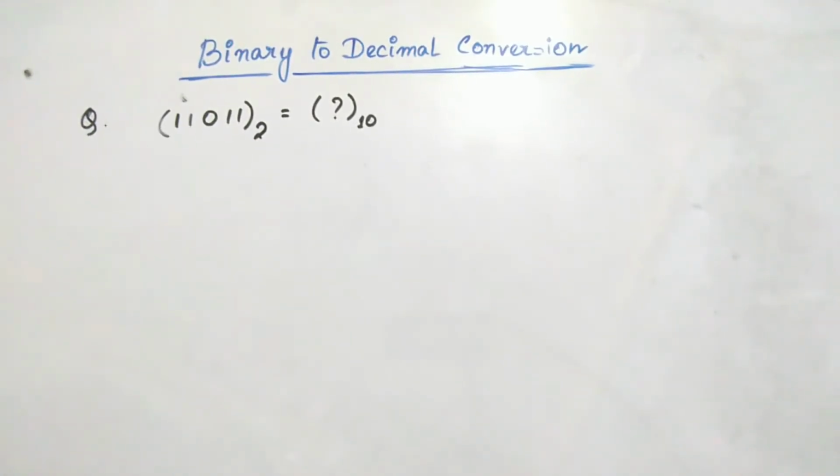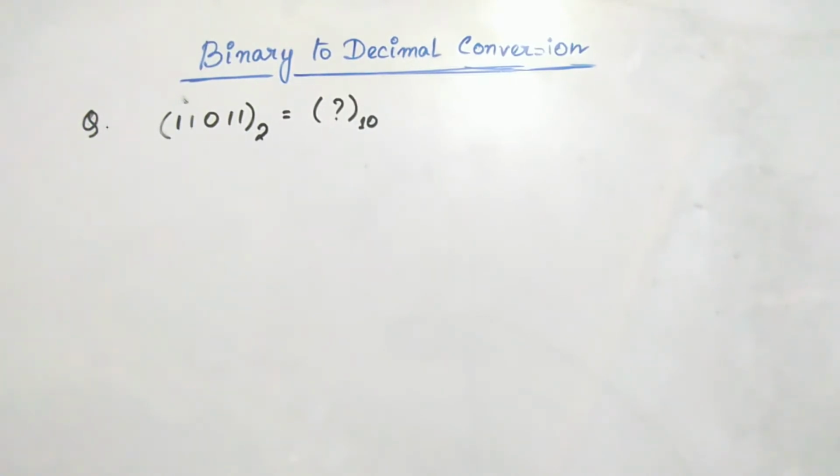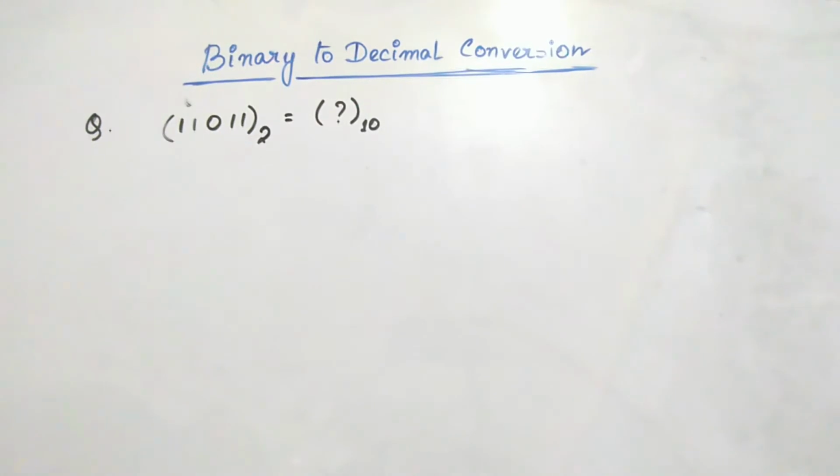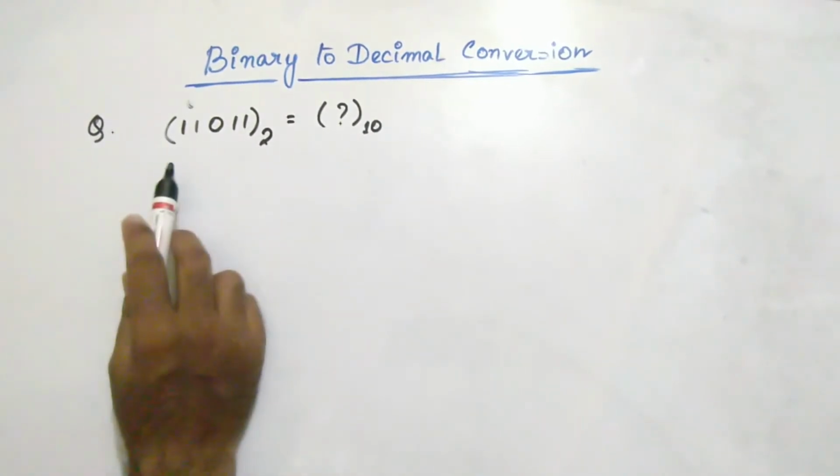The binary number system is a positional number system where each binary digit or bit carries a certain weight based on its position relative to the least significant bit. Now, we can convert any binary number into its equivalent decimal format by simply summing together all the weights of the various positions in the binary number which contain the value 1.